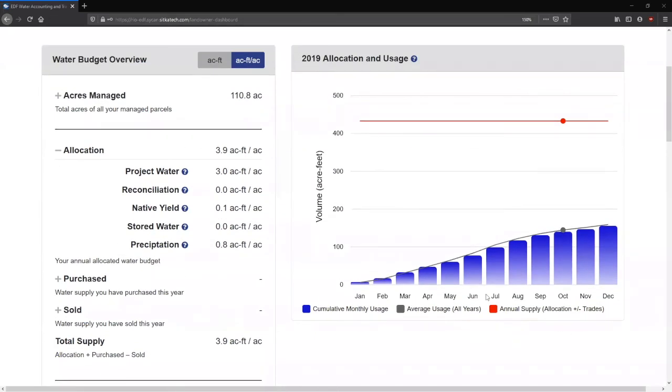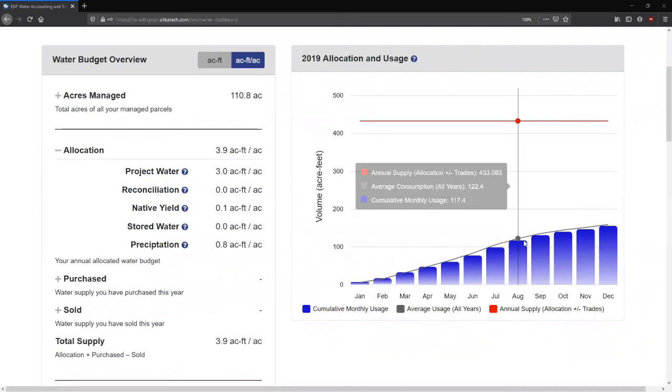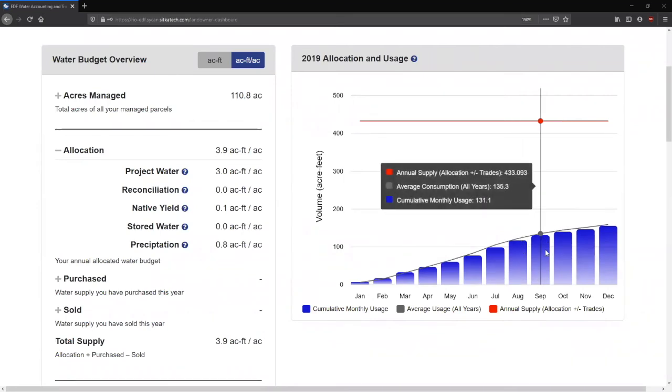program remote sensing data and the average usage over historic years via the black line. The blue bars show the OpenET water usage and the black line shows the average annual consumption for all years present in the platform. And then the total available supply is the red line, which is set by the district managers for the landowners. Another feature of the Landowner Dashboard is the ability to look at historic years to understand